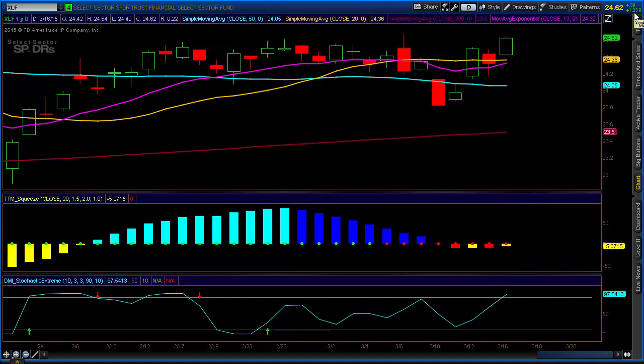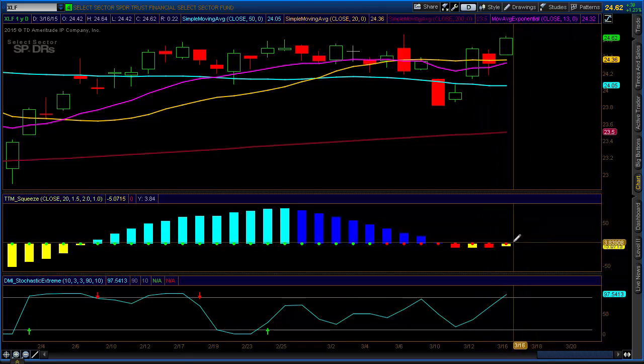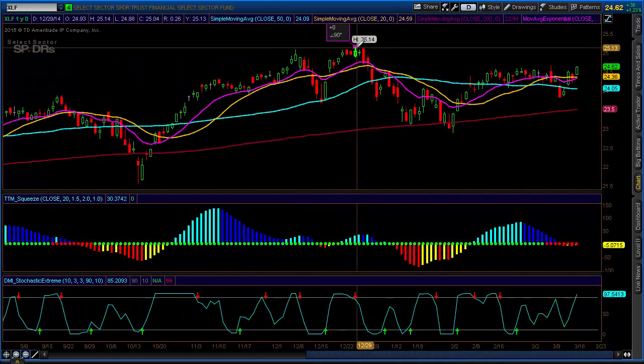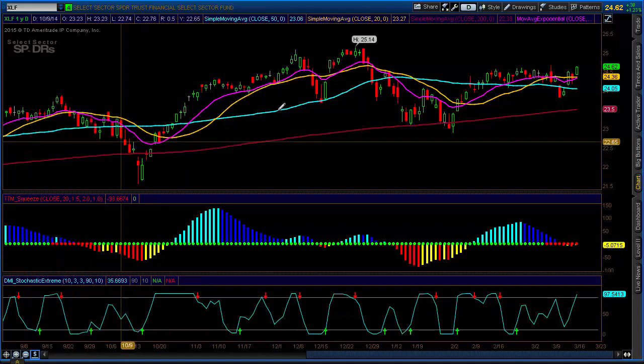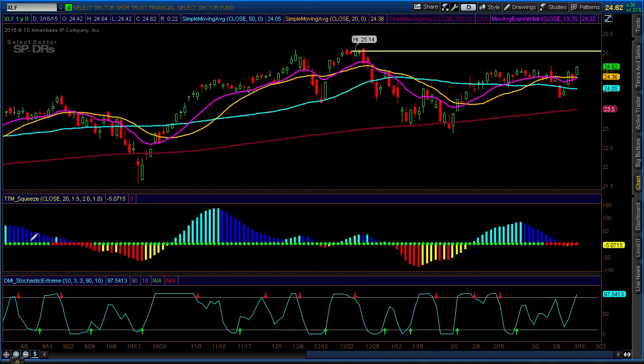The ETF is up 1.2%. So if this thing can continue its upward movement here, then we think this thing could fire long. And we look for a minimum, a retest of the recent highs on the ETF, which is about 25 and change up here. So the way I would like to play this is I'm looking at two names,